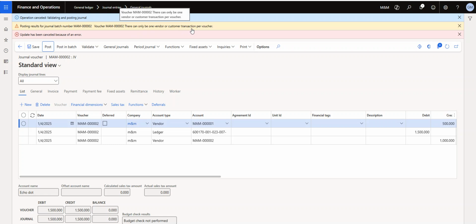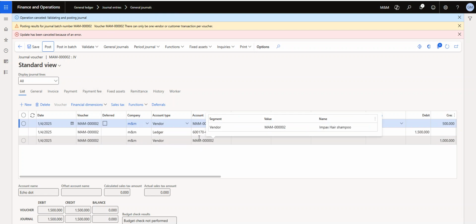In this particular voucher we have two different vendors. This error message states that you can maximum allow only one customer or vendor per voucher. You need to post the other transaction with a different voucher